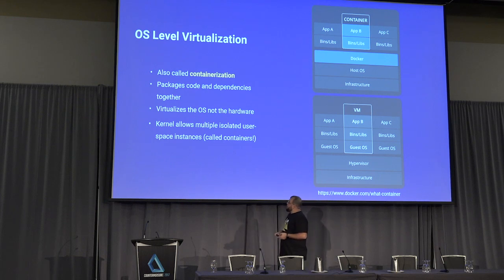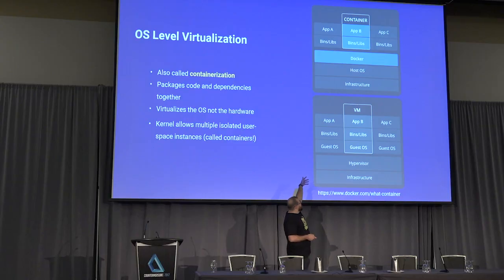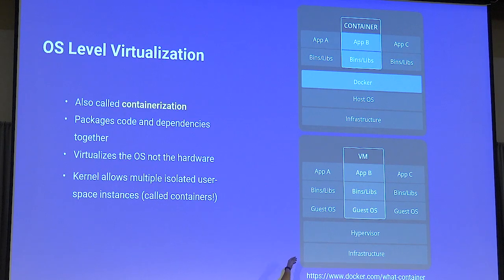Containers are made up of a few different pieces, but before we can talk about these pieces, it's important to understand what makes up these containers. On the right-hand side, we have a graphic from Docker detailing what a container is versus what a virtual machine is. The primary difference here is that virtual machines rely on something called the hypervisor underneath.